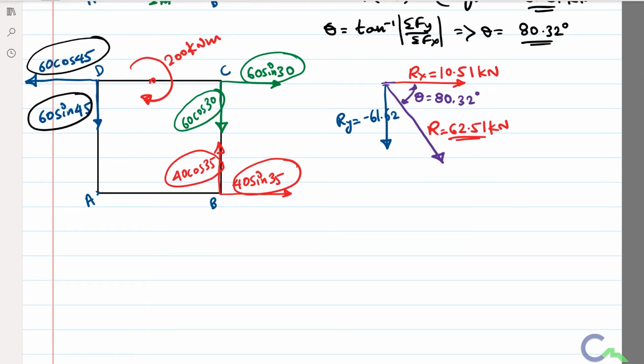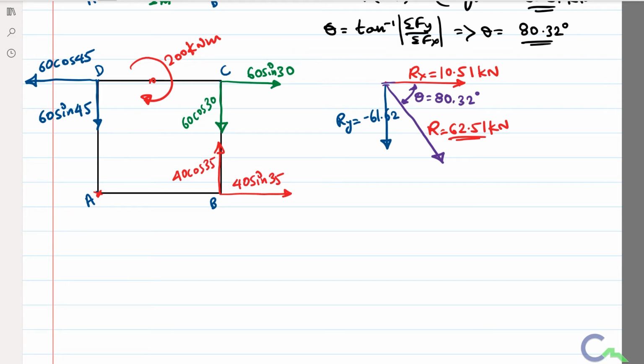After getting the resultant we have to locate it. In this question they have not mentioned with respect to which point we have to locate the resultant, so I will assume we locate it with respect to A. I have to calculate the summation of moment about A, then apply Varignon's theorem, that is, the moment of the resultant is equal to the summation of moment of all the individual forces. If I equate that, I will get the moment arm of the resultant, then if I find the x-intercept and y-intercept, I can locate the resultant.